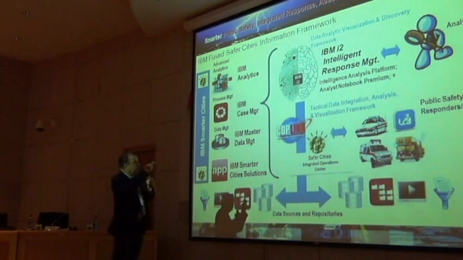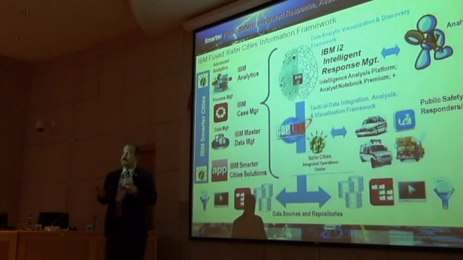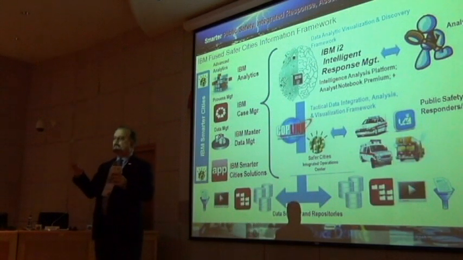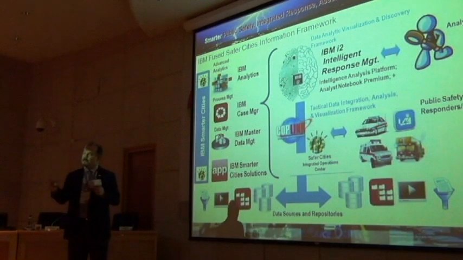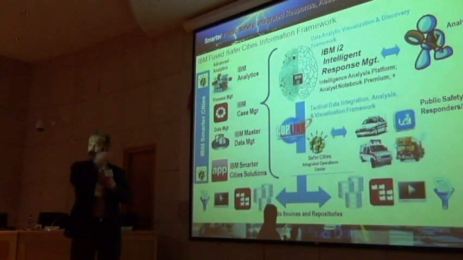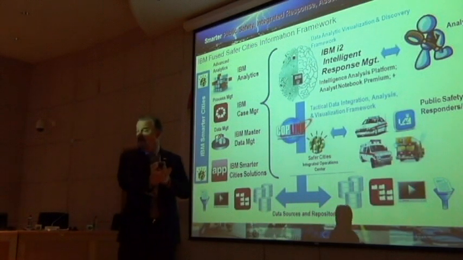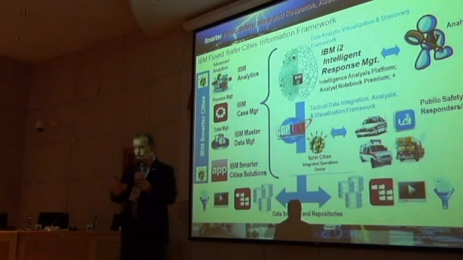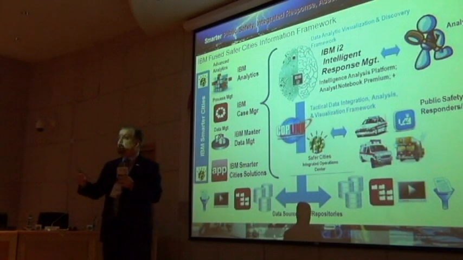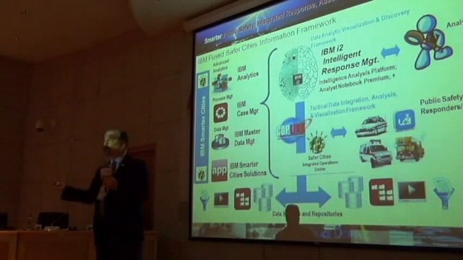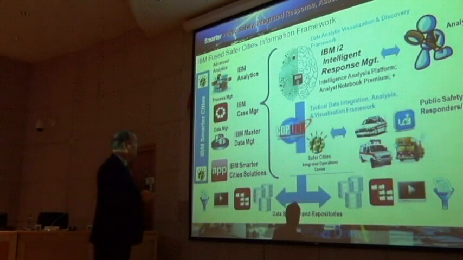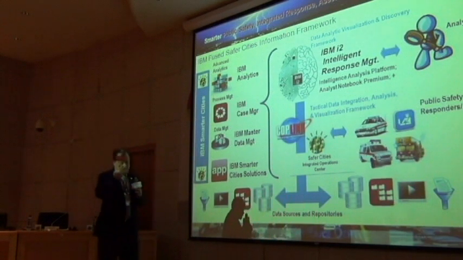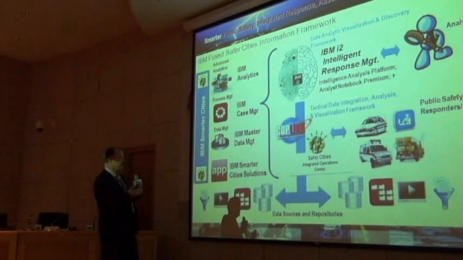So we have I2. It's called the Intelligent Law Enforcement. We have just sold it to Miami, based on our established Intelligent Operations Center and IBM Smarter Cities application to the stadium in Miami. Now we just signed to the city the first instances of the intelligence law enforcement. We also have everything that's part of that has been going on in both LA and Tucson in the United States. You're exporting that down to the world. And we love to be able to talk about it and talk about some of the issues and concepts.